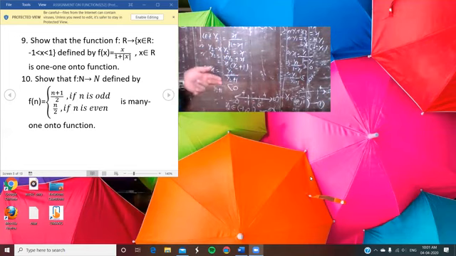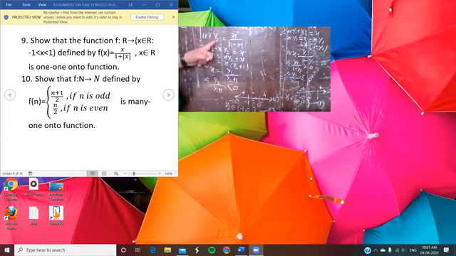In the same way, you take the second part, that means case second, and in case second you take x less than 0. In that case your function becomes x upon 1 minus x, and for that function you try to prove that it is one-one, and also find the range of the function accordingly for x less than 0.